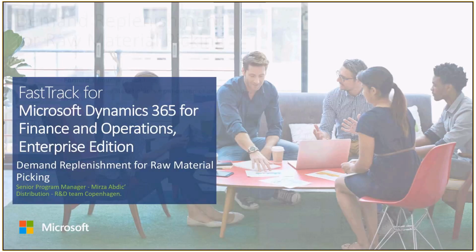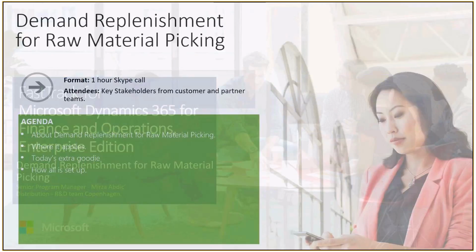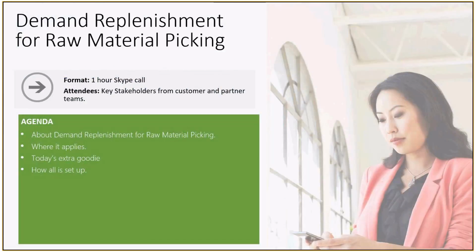So let's start. The first slide basically describes how today's presentation will be divided. We have selected 4 steps. First, demand replenishment for raw material picking, where we will cover the challenge that was solved and how we have solved it. Then, where does it apply? We will tell where it applies in the system,